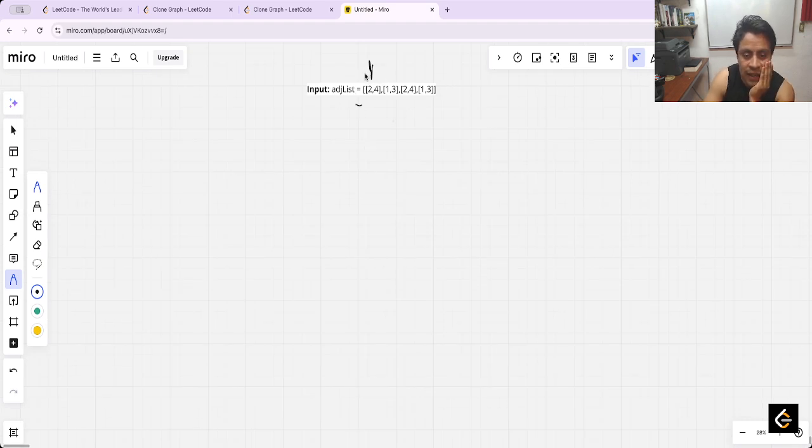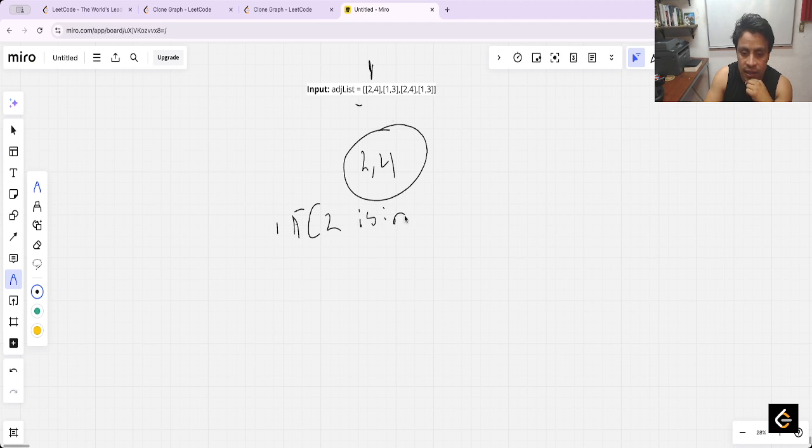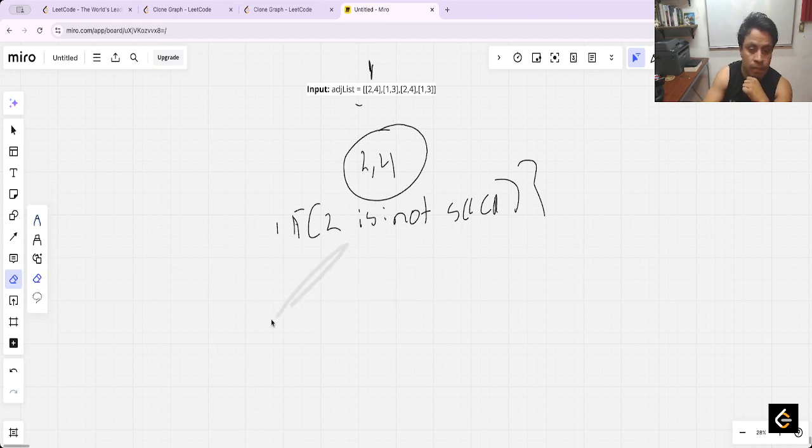And the first is basically take these neighbors 2 and 4 and ask if 2 is not in scene. We are sure that we can say that new node, no, new